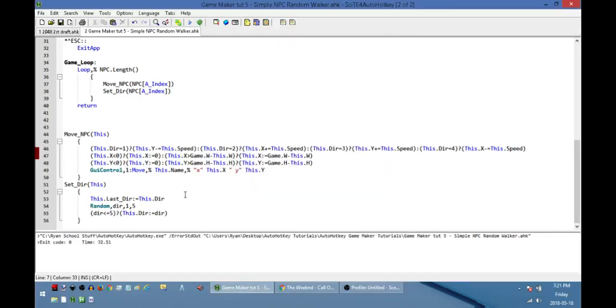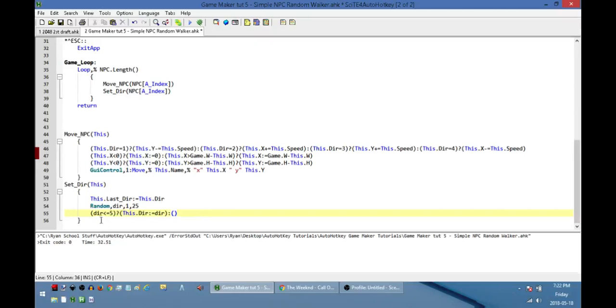So let's set it up so that it tends to want to keep moving in the same direction it was moving in the last time. So instead of picking a random number between 1 and 5, let's see how this progresses until we get something that we want. So let's say instead of between 1 and 5, we'll put it between 1 and 25. In our statement down here, what we're going to say is